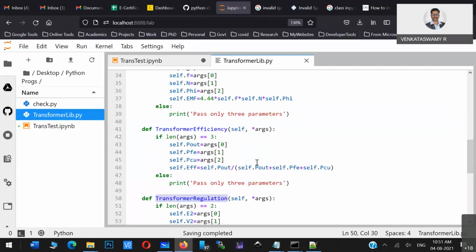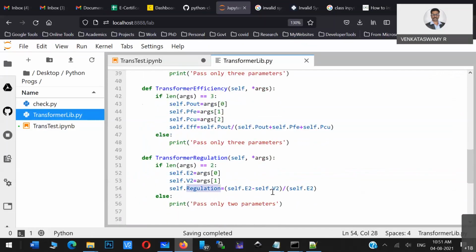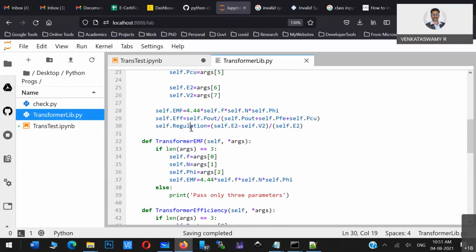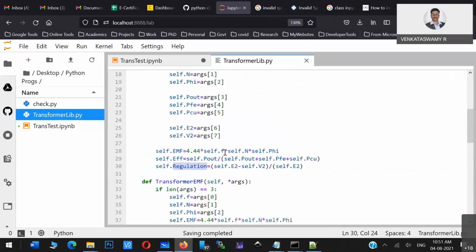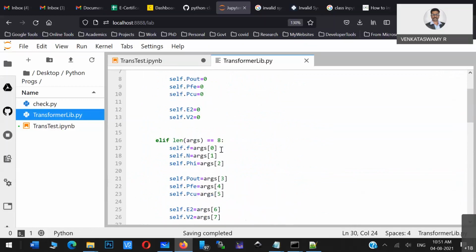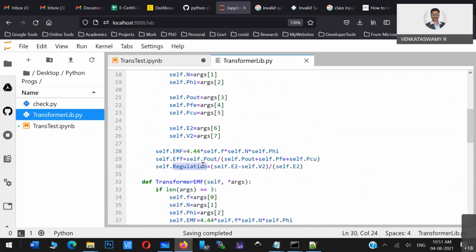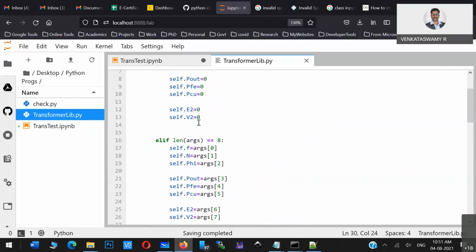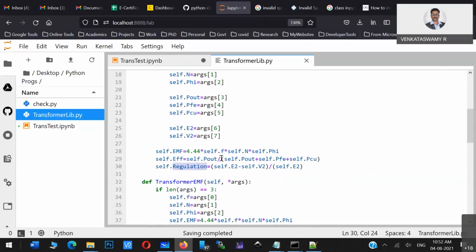Okay. So transformer dot regulation is there in the constructor. This should display that regulation value. Okay, so E2 minus, this is correct. Can anybody rectify this issue? Some simple mistakes will be there.